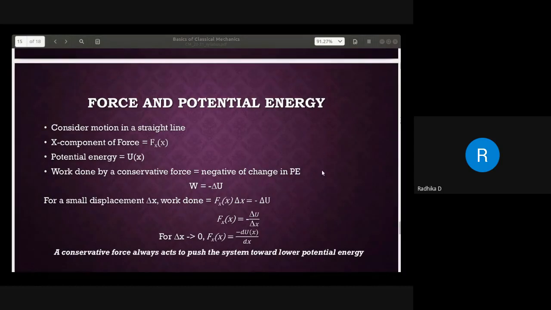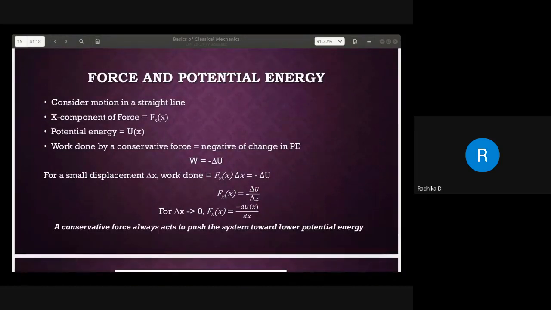Okay, so in the previous class, we were talking about a few basic mathematics which you need to understand classical mechanics. You learned new concepts of gradient, divergence, and curl, and then we moved on to understand a few basics of classical mechanics, like what happens when you throw a ball up and then it comes down. How did you relate work and potential energy, all those things, right? And then at the end, we even came to two types of forces: conservative forces and non-conservative forces.